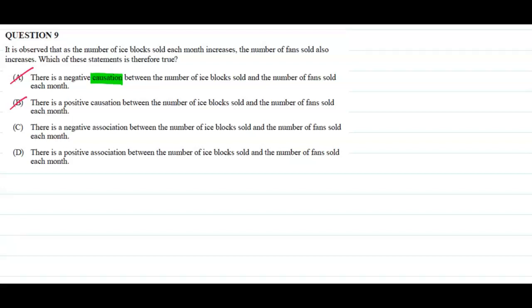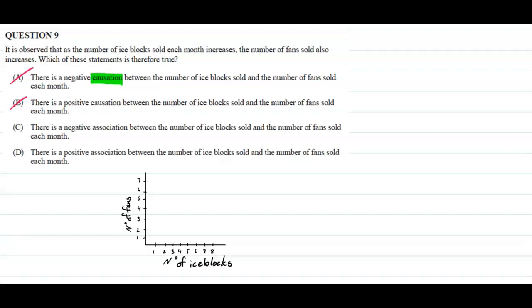So let's have a look at C. There is a negative association between the number of ice blocks sold and the number of fans sold. Or D, there is a positive association between the number of ice blocks sold and the number of fans sold each month. So if I have a look at a graph here,